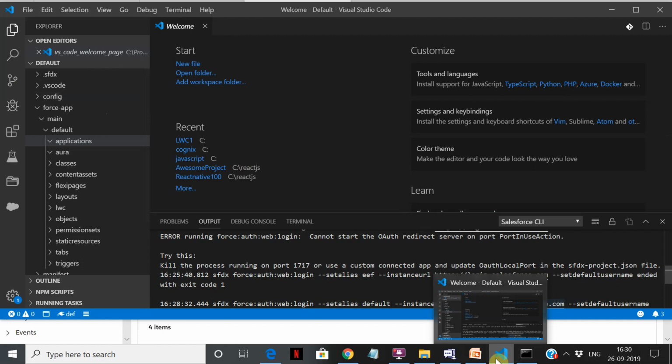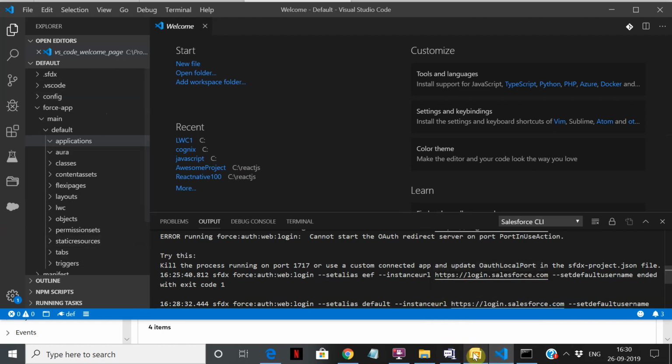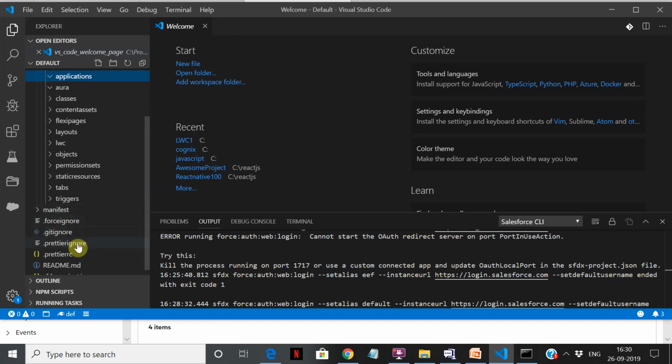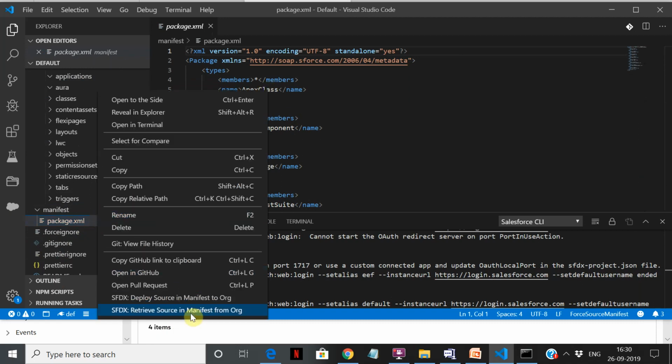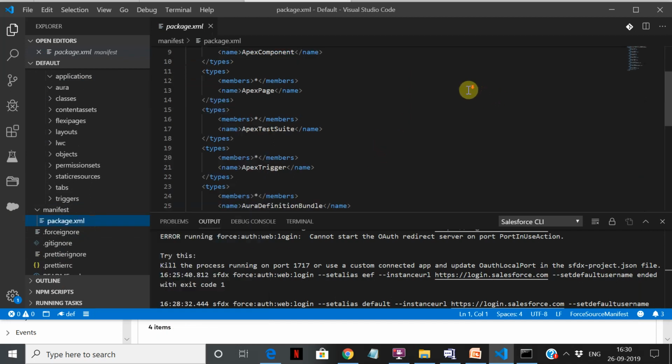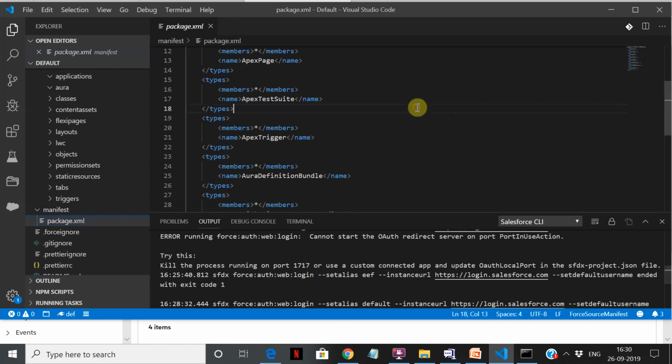So now if I need to do any synchronization with this, what I'll do here is I can go over here to my package.xml, as you can see here, and I can either retrieve source or I can deploy source from here. Okay, so what we will do now is we will just try to get the Aura definitions. If there are any Aura definitions, we'll try to get it. So that will need an Aura class and the definition. So we don't need the whole package XML. So what we're going to do here is